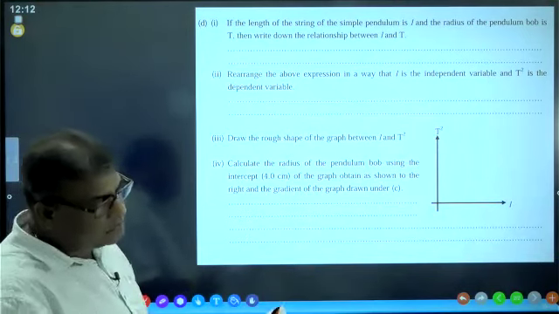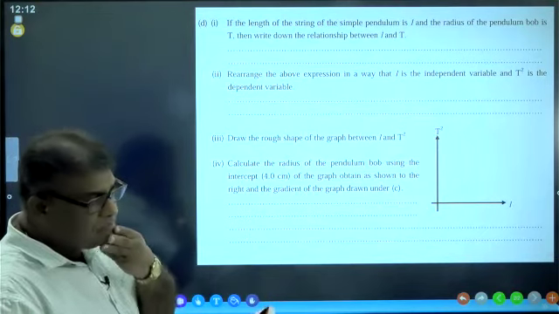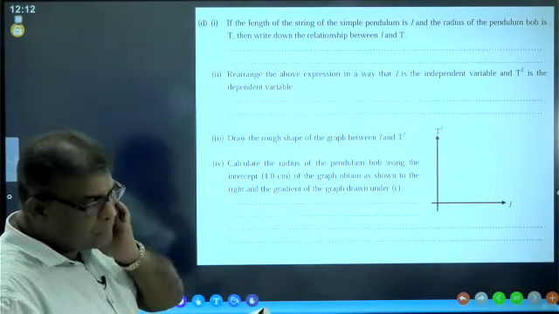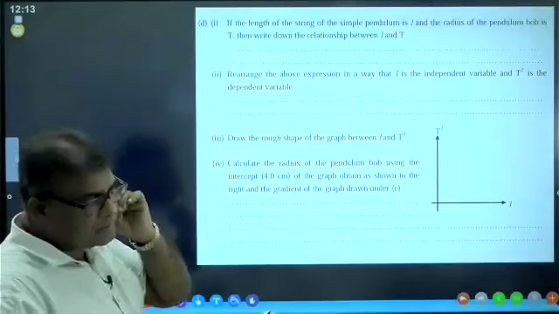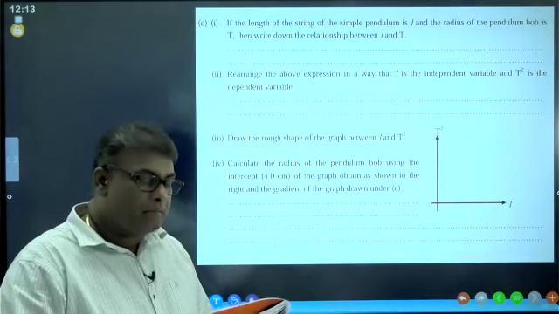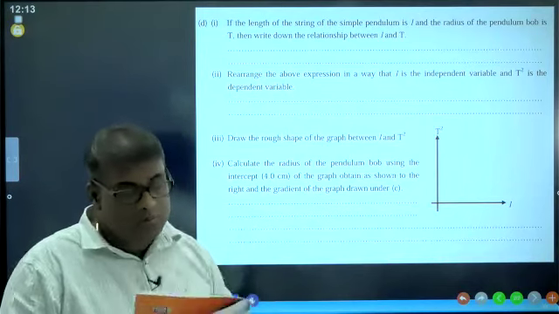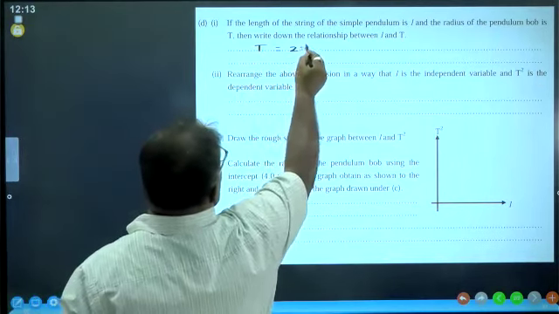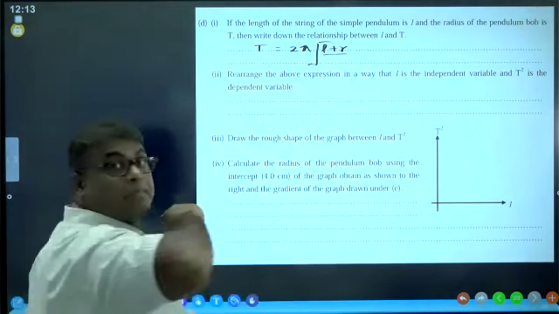Question D. If the length of the string of the pendulum is L and the radius of the pendulum bob is r, write down the relationship between L and T. The period of the pendulum bob is T. Yes, we can say T equals 2 pi root of (L plus r), which is the length of the pendulum,